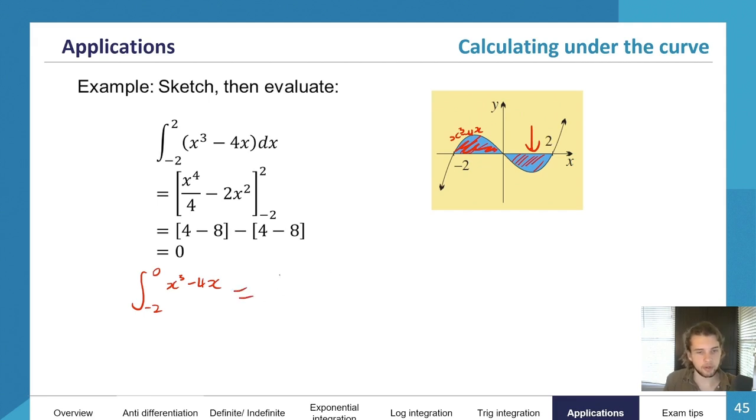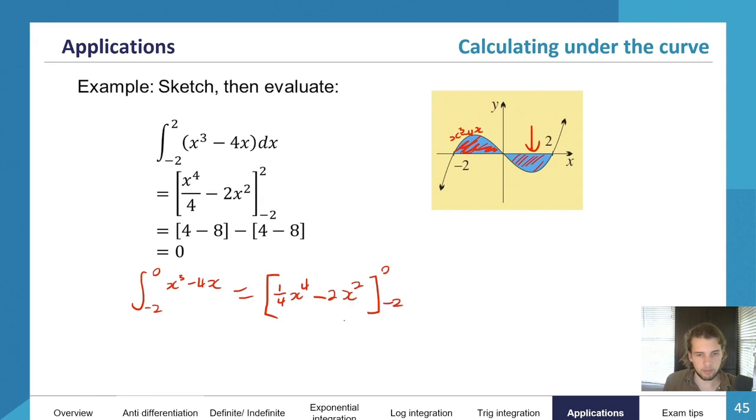That is equal to, we have these square brackets, 1 over 4 x to the power of 4 minus, oops, that's my mistake, minus 2 x to the power of 2,